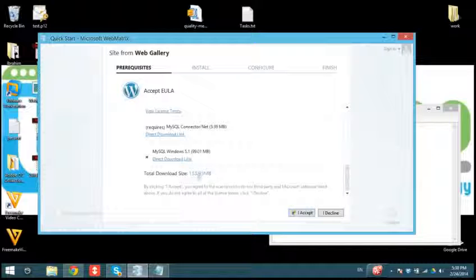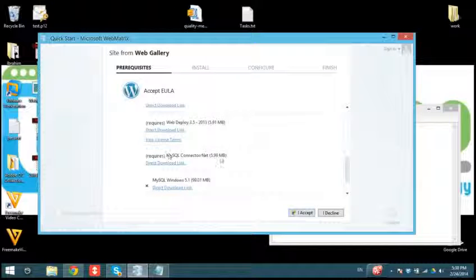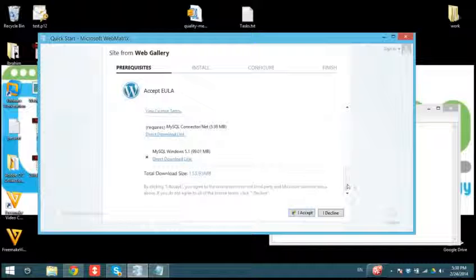What's important now, the total size is 133 megabytes, including the MySQL database, and this is somehow huge, so I will skip this. I will just press accept, and